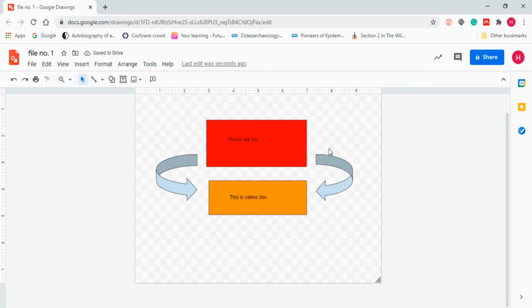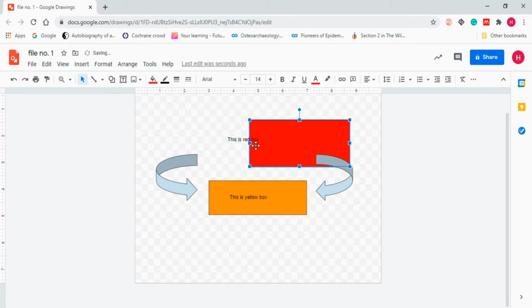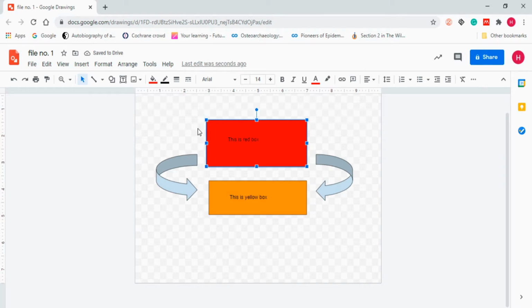Now, selecting this thing is also complicated, because you can see I have made changes in multiple ways, so everything is currently different. It has not been grouped, so when I click on it, only the box will be selected, not the red one. When I remove this, you can see there is a difference because it hasn't been grouped. That's why everything will not be selected once I click on a particular box or a particular arrow.